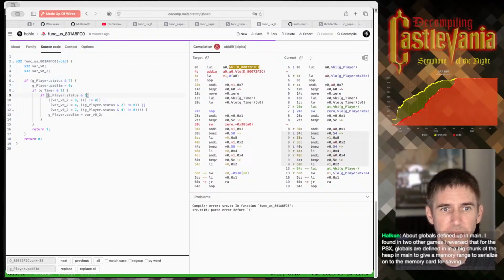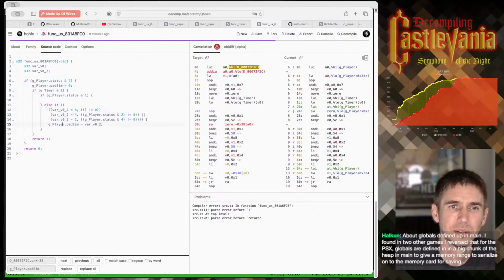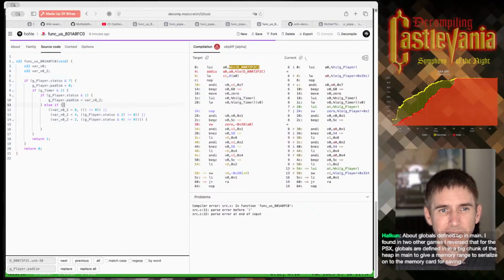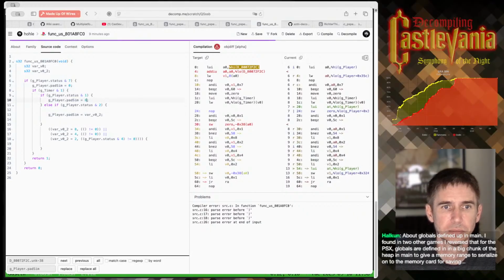And I do think it would be interesting to determine what each of these statuses and what the buttons are. We have tools to do that for us. So normally I wouldn't, but in this case I'm kind of interested in it. It's a small enough function that it should go pretty quick.